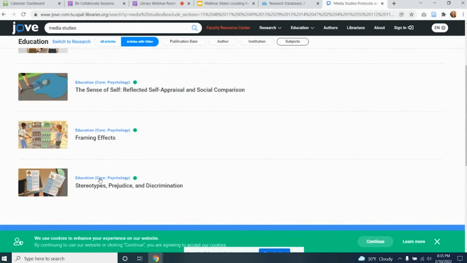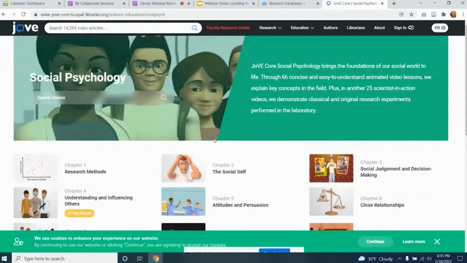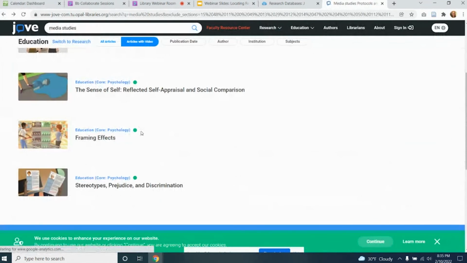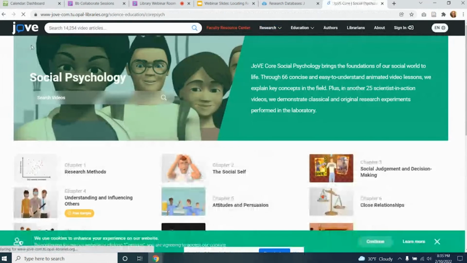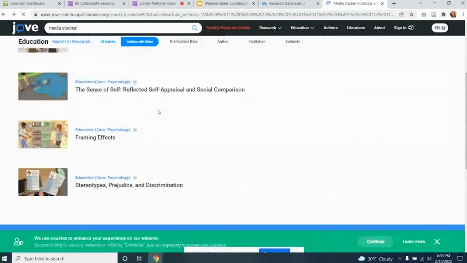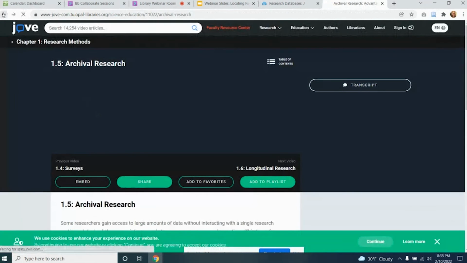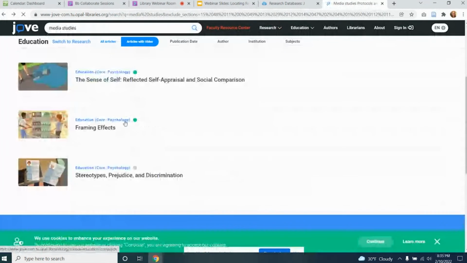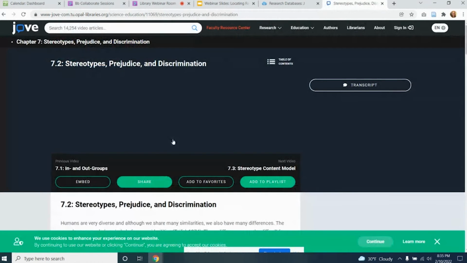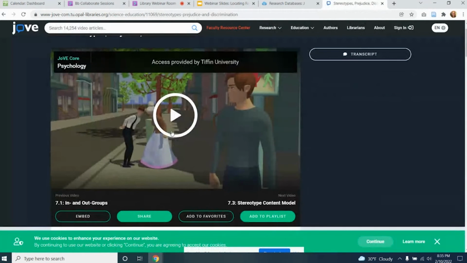And if you want to look at any of these sources, just click on the link. Although I don't know why it took me back. Try a different one. Okay, so you actually have to click on, it's a little misleading there. If you want to access one of these sources, you don't want to click on the blue text, you want to click on the black text. And so it has a video